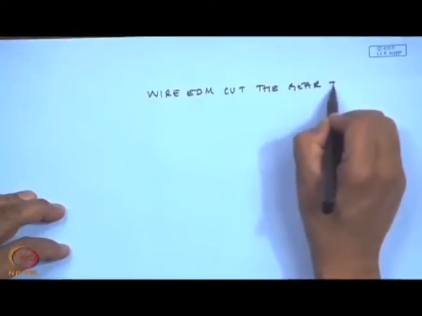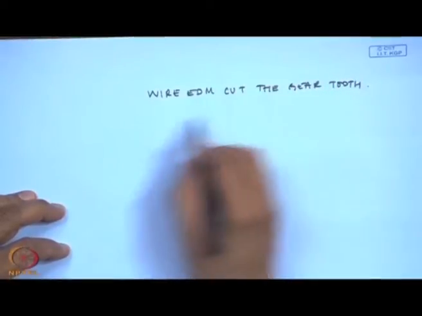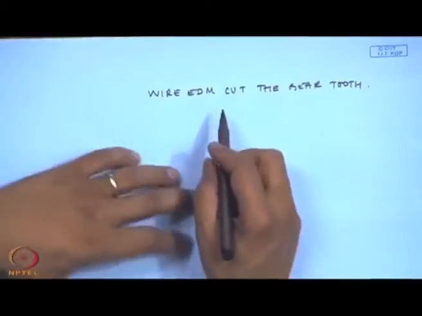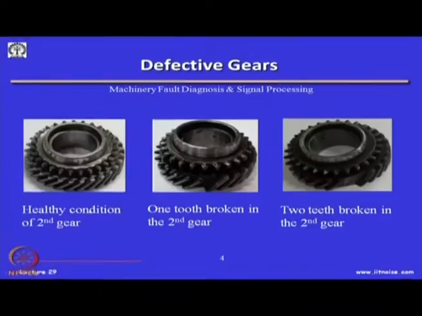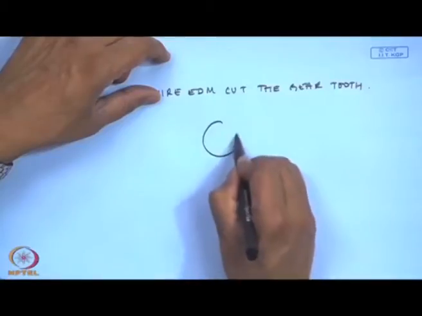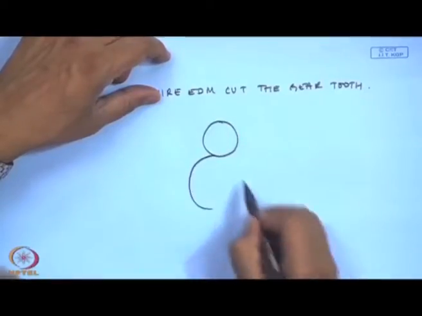Now, the kind of faults which can happen, I'll list them in the next slide and subsequent slides. So, this is how a healthy gear looks like, and this is what I meant by the flank, the land, the root, okay, and these are all helical gears, and we have removed them. What happens because of the change in the gear tooth, and mind you, when the two gears are meshing against each other,